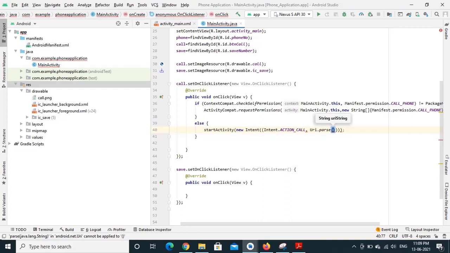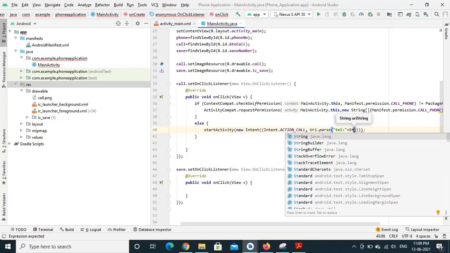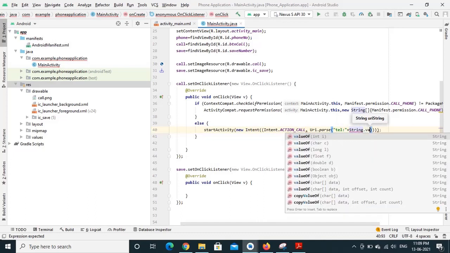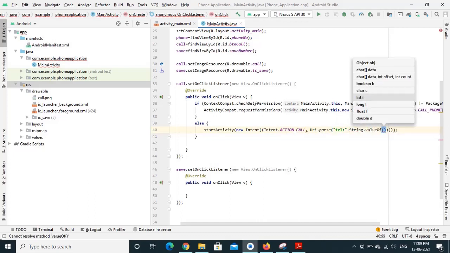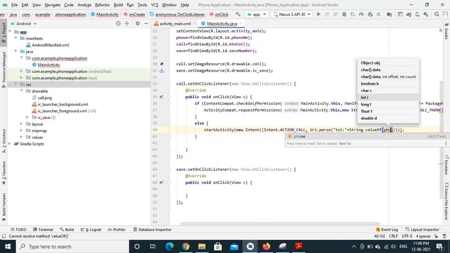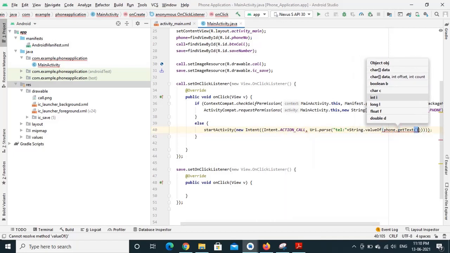In our case, we provide a telephone number. So we have to append tel colon for a telephone number, and the telephone number we need will be taken from the edit text. So convert it to a string, String dot valueOf, get the text from the edit text, that is phone dot getText.